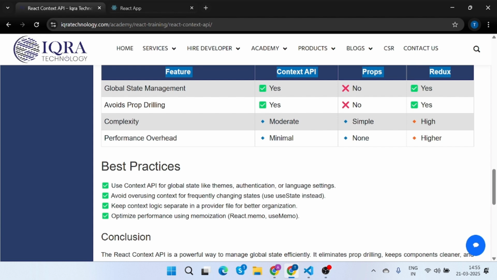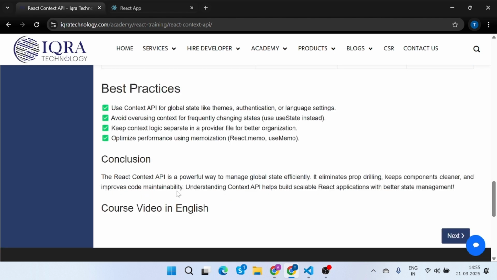Avoid overusing context for frequently changing state. Use state instead. Third, keep context logic separate in a provider file for better organization. And the last one is to optimize performance using React.memo and useMemo. So the React Context API is a powerful way to manage state efficiently and keep your